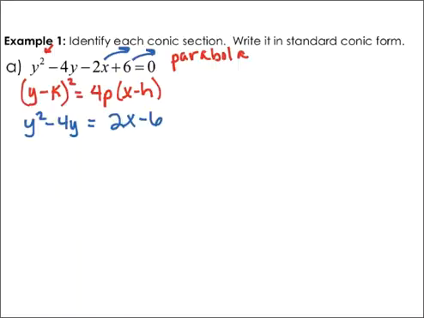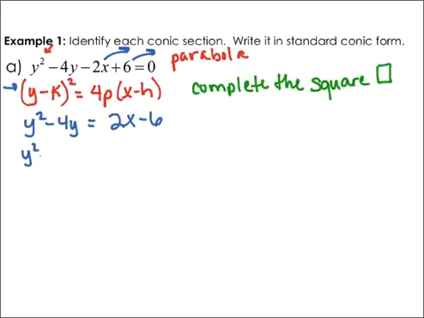Alright, so now in order to make it look like that on the left, that is a perfect square, we are going to need to bring back something we haven't done for a while, and that is complete the square. So that's where we put the box on the left and the box on the right and balance it out. So let's go ahead and try this. On the left, I am going to rewrite this, but after my 4y, I am going to add in a box. If I add that to the left, then I also have to be fair and add it to the